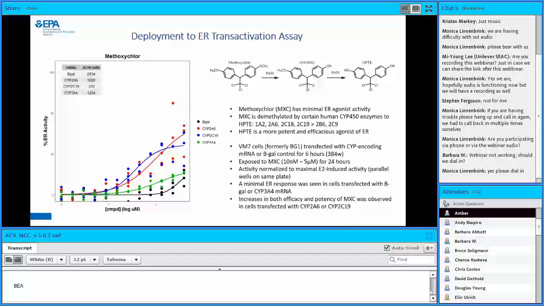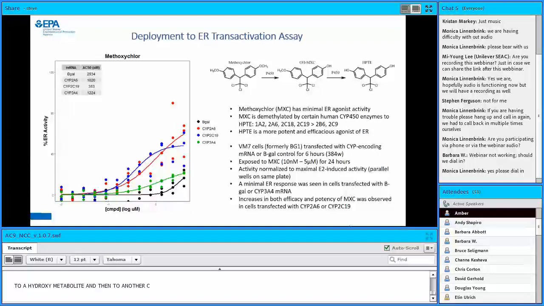But we haven't even really done the optimization for mRNA transfection. We just basically went with the defaults that we had learned from the HEK293T studies, just to generate some quick data to see if this works. But the idea here is that methoxychlor is a chemical that has minimal ER agonist activity on its own, but it's demethylated by a certain subset of cytochrome P450s to a hydroxy metabolite, and then to another metabolite called HPTE, and both are much more potent and efficacious agonists of the